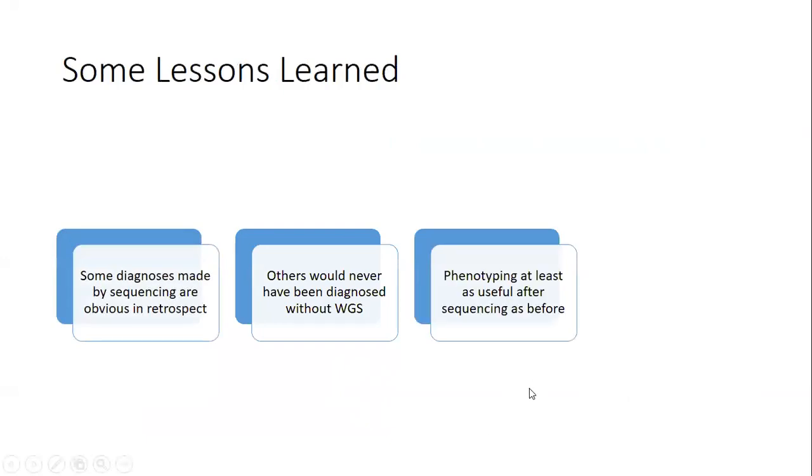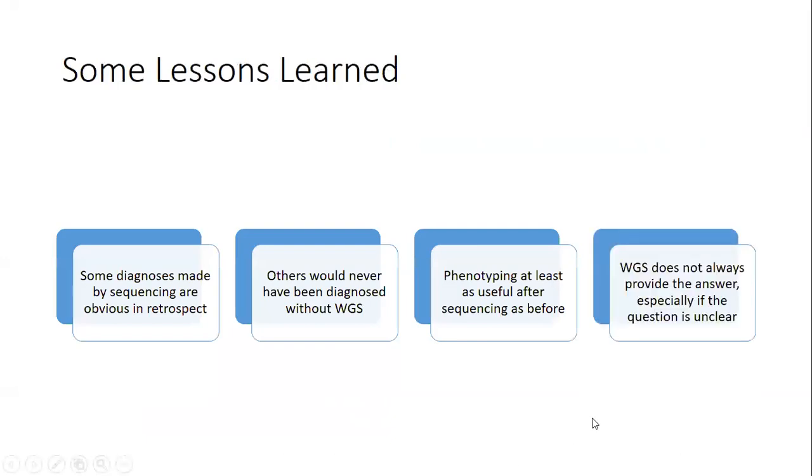One thing we've learned is the phenotyping is at least as useful after the sequencing as before, meaning that the phenotyping is never as complete as you wish. And then when you find a variant that you're trying to validate, you go back and say, we expect to see the following with this variant. Do we actually see it? And if we do, then that helps to validate that it's relevant. So sometimes the phenotyping is more precise after the fact, and we certainly don't always get answers.